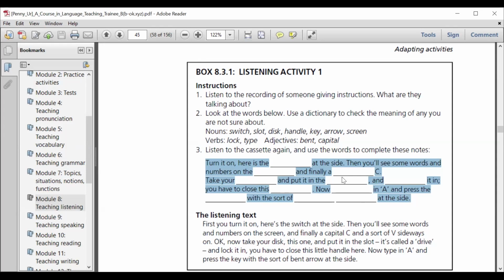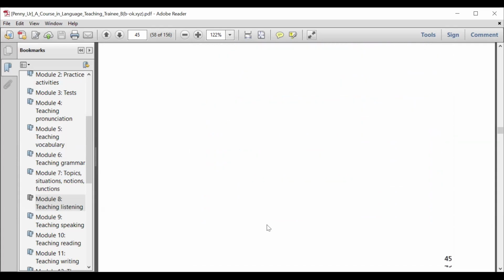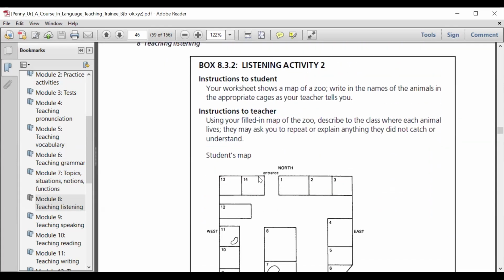So that will help them not only to, this is not an evaluation, this is their practice, that is their activity, because you have given almost everything. So whenever they listen to the things, they will try to assimilate the written word and the sound they hear. So they will understand how switch can be said, সুইচের উচ্চারণটা কি হচ্ছে, তারা সেটাকে আইডেন্টিফাই করে এখানে কাজ করতে পারে। আরেকটা অ্যাক্টিভিটি দিয়ে আমরা এই সেগমেন্টটা শেষ করব। So that is listening activity 2, instructions to student.